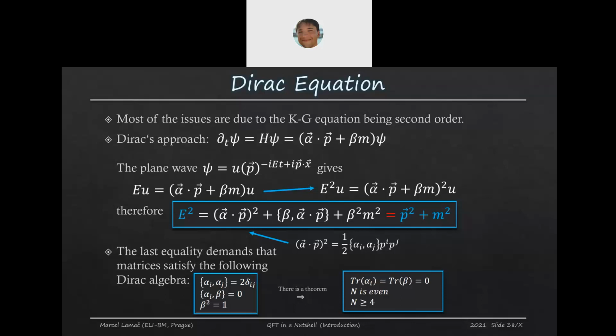Now, the second consequence, that these matrices should be even. Well, why is this the case? This is because, first of all, their square is equal to 1. Let me remember, their square is equal to 1, and